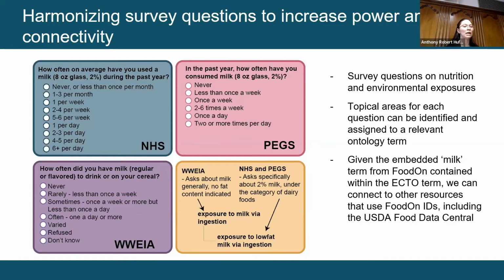And then in purple, you have a similar question that's asking about how often you're exposed to milk. It doesn't say anything about 2%, doesn't say anything about drinking an 8-ounce glass, but we're still talking about milk exposure here, right? So we're looking at ways to, at the moment for the most part manually, identify the interesting exposures that are being described in these surveys, and coordinate the survey questions with some exposure terms to see if there are opportunities to branch that across to other